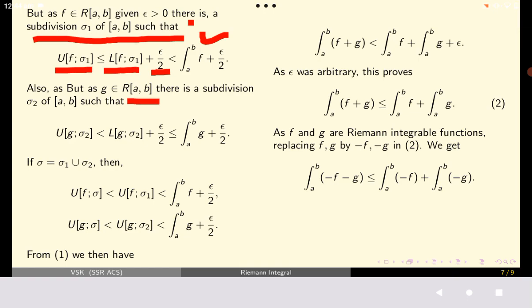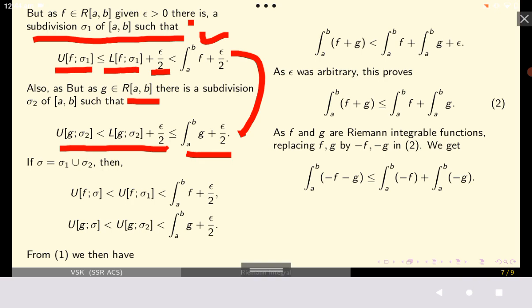But as g is Riemann integrable over [a,b], there is a subdivision sigma 2 such that this inequality holds, as we have seen in the case of f. Now if we take sigma equal to sigma 1 union sigma 2, then the upper sum of f with respect to sigma will be less than or equal to the upper sum with respect to sigma 1, because sigma is a refinement, and this is less than or equal to the integral of f plus epsilon by 2. Similarly, the upper sum of g on sigma will be less than or equal to the integral of g plus epsilon by 2. So from 1,